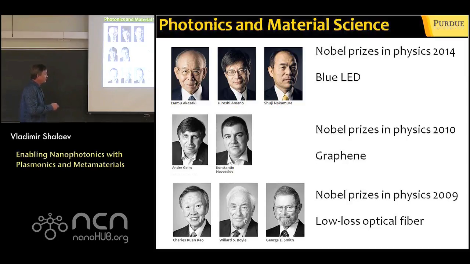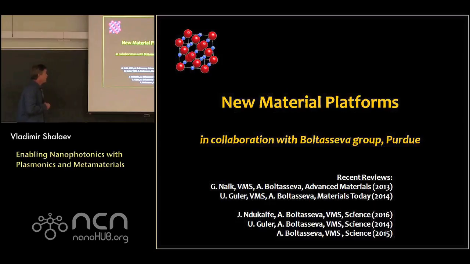Nobel Prize. And this is actually, one could argue, hey, low loss optical fiber, it's just a fiber. What they did, they just decreased losses in fiber. But that's enabled the whole optical communication. Now we send signals over sea, and we can send information over such huge distances. That's changed the world. So that's a beautiful example of how new materials make a truly disruptive change in technology. Therefore, it's indeed very important to develop new material platforms for plasmonics, metamaterials, nanophotonics, and that actually makes